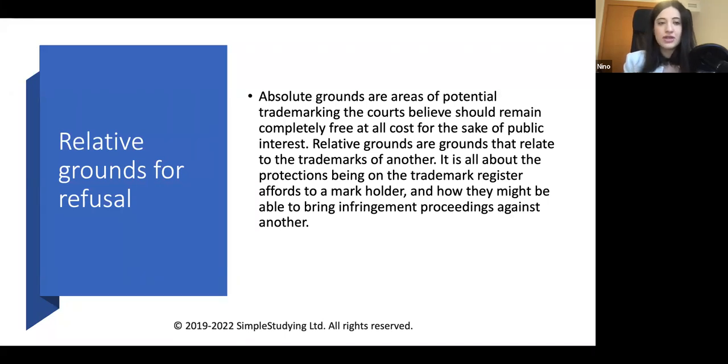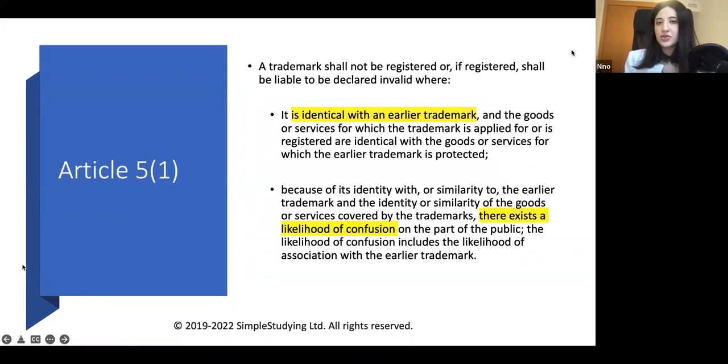So if there is already a registered trademark for a mark that in a problem question your client wants to register, then you can discuss relative grounds for refusal. If the trademark is already registered, and if the mark that your client is trying to register relates to the earlier trademark, then relative grounds for refusal can apply. Discuss section 5, the relevant provision from the statute for relative grounds for refusal. A trademark shall not be registered if